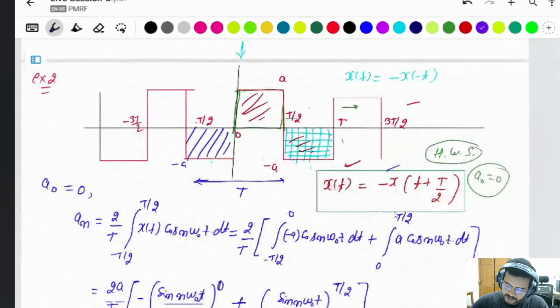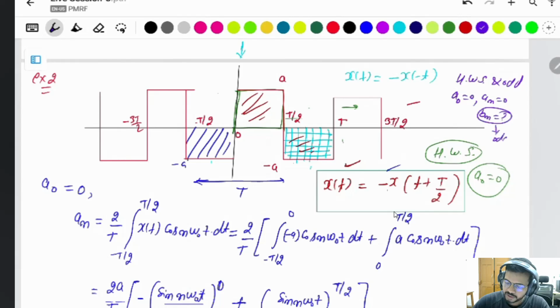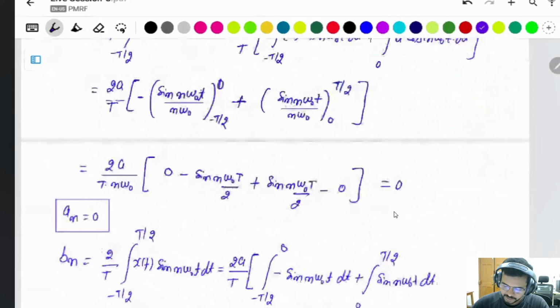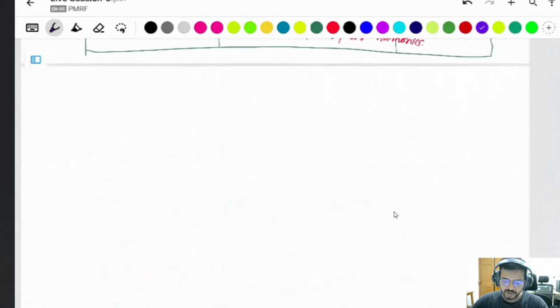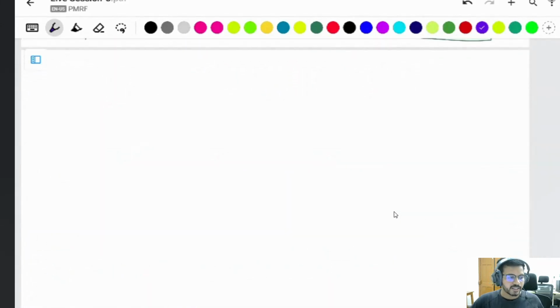Same thing here, this is the odd signal and half wave symmetry. It means half wave symmetry and odd signal. In this case, A naught will be 0, An will be 0, Bn is present, but only odd harmonics are there in the Bn. Even harmonics will be eliminated. But in some of the cases,